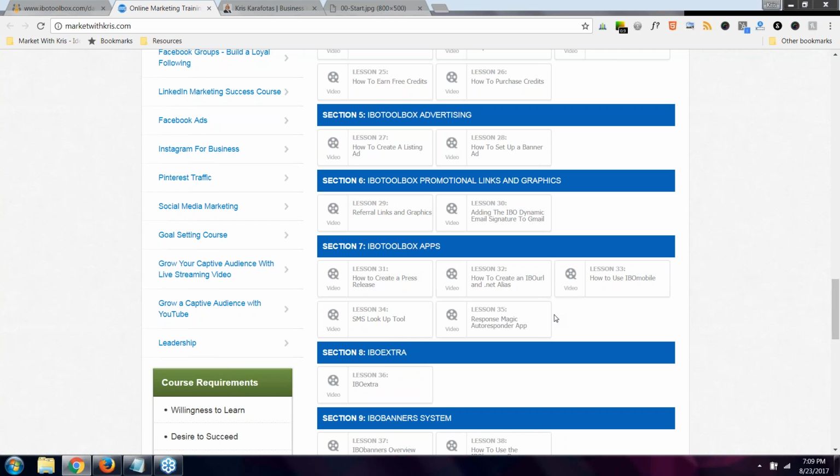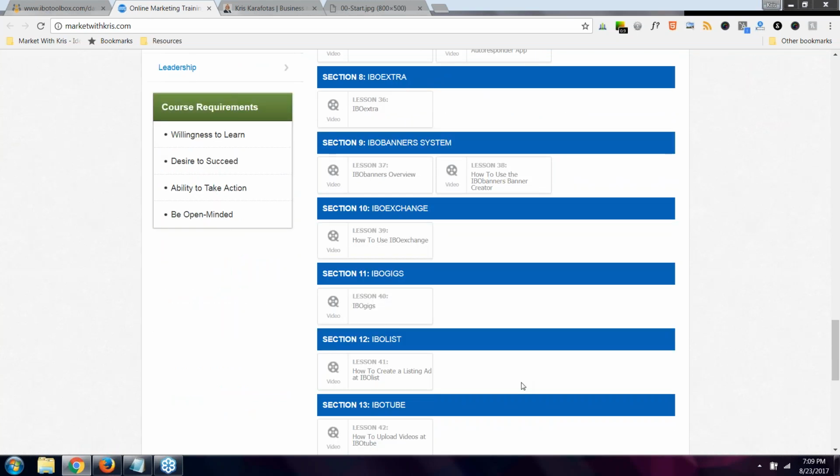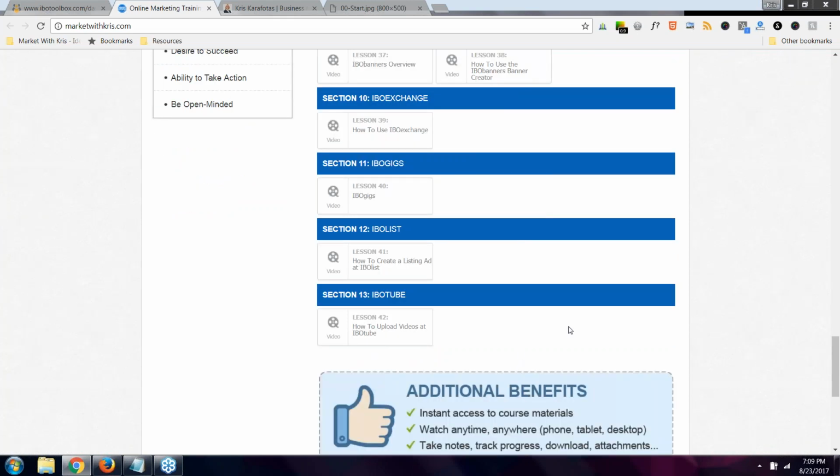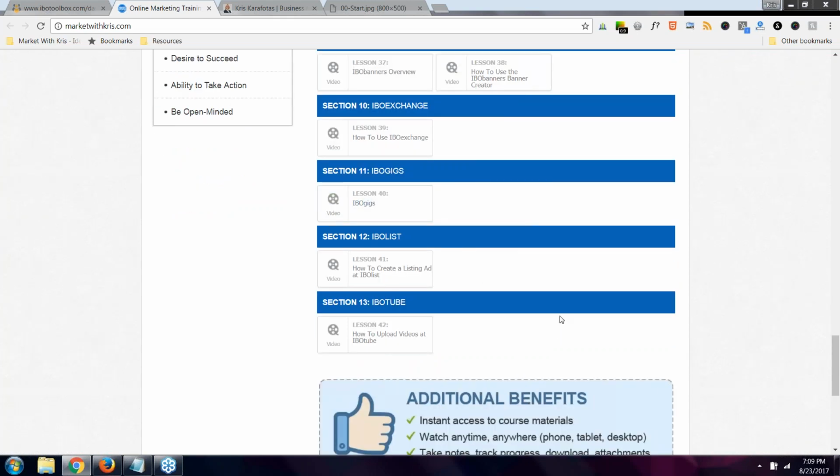Everybody wins. We've got IBOtoolbox apps, creating a press release, IBO URL and .NET alias, how to use the IBO mobile SMS lookup tool, and then we've got the third-party Response Magic autoresponder app that you want to hook up with your IBOtoolbox account. And then we've got all the other family of websites. We've got IBO Extra, IBO Banners, IBO Exchange, IBO Gigs, IBO List, IBO Tube, and the list keeps going on and on. So you want to make sure that you watch all of these videos,